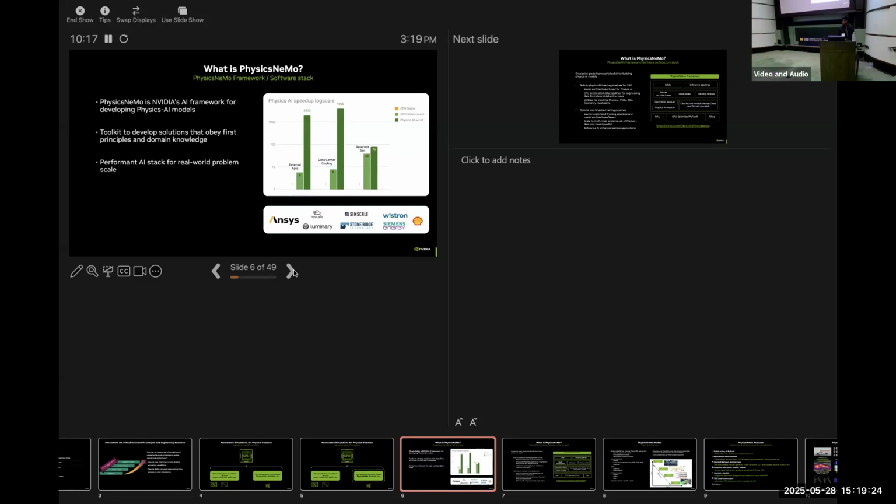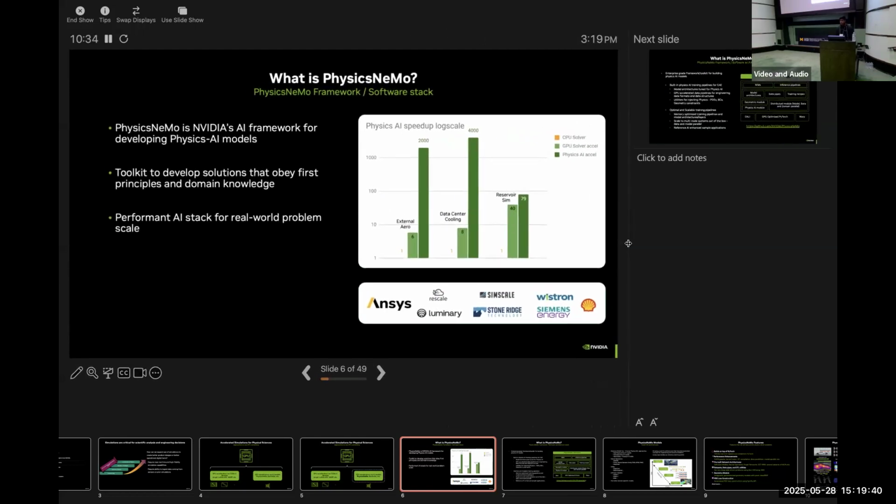On the right here, we have a bar chart representing speed ups that we have observed across a variety of domains. We'll dive deep into some of these domains as we go through the presentations. Let's take external aerodynamics as an example.